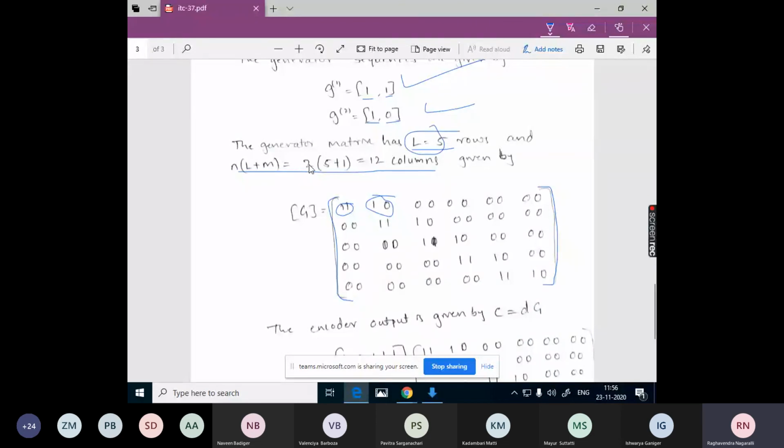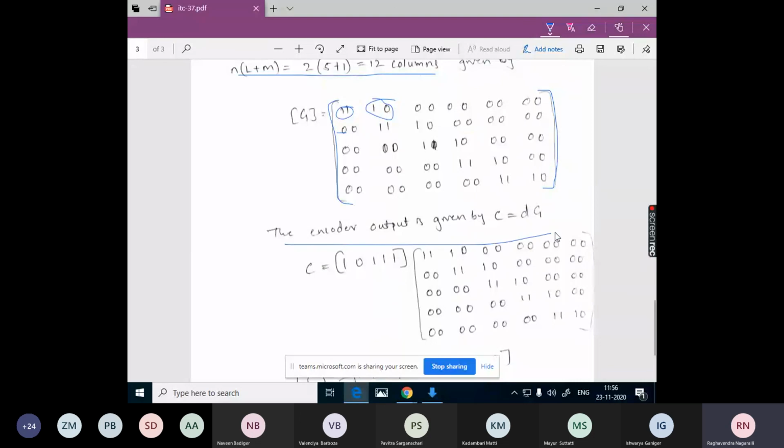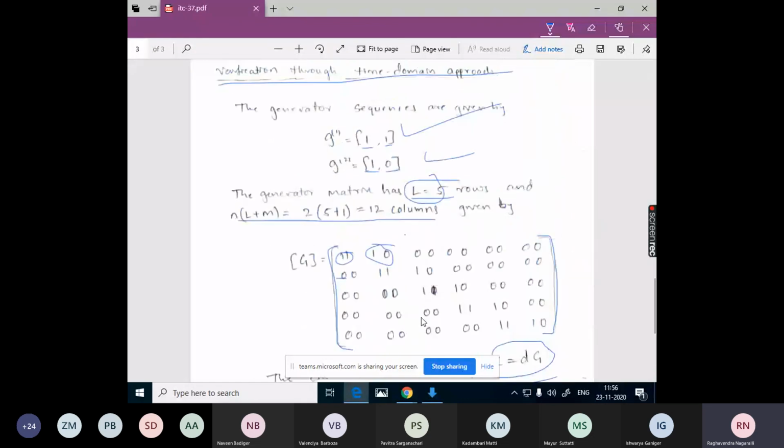We are just shifting the first row to write the remaining rows, and the encoder output can be determined using the standard equation C is equal to D into G. So this is D and this is G.